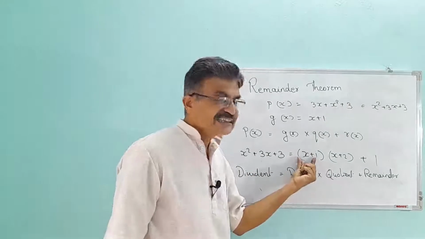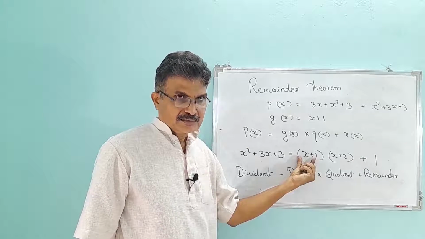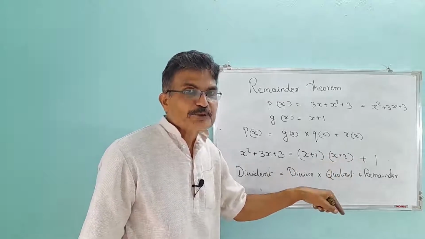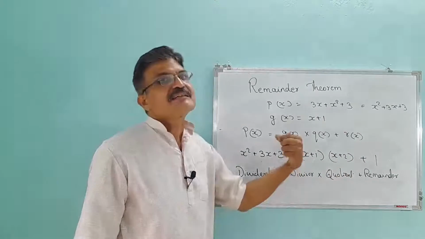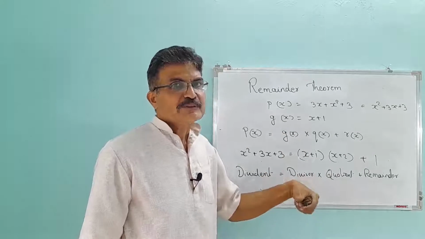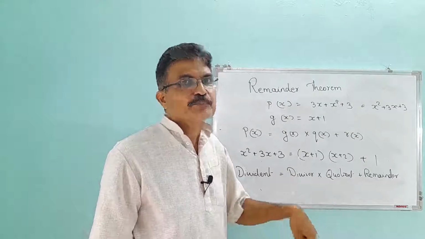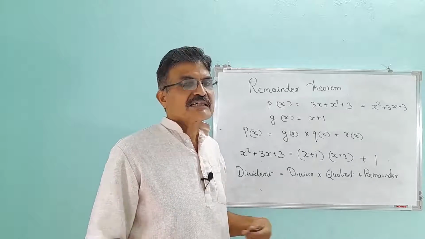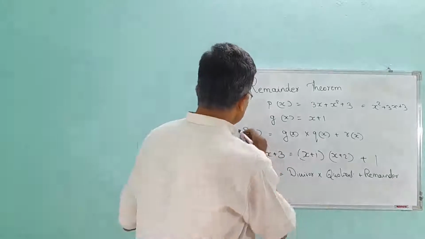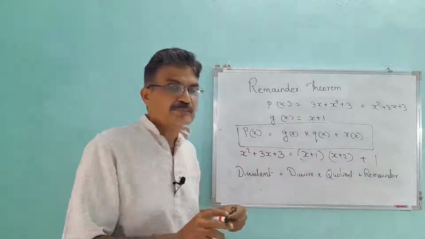The divisor is a linear polynomial, with degree 1. So the remainder polynomial has degree less than 1, that is 0, a constant polynomial. When the degree is 0, it is called a constant polynomial. That's why it is 1. So we never forget this relation. This is the Euclid's division lemma extended to